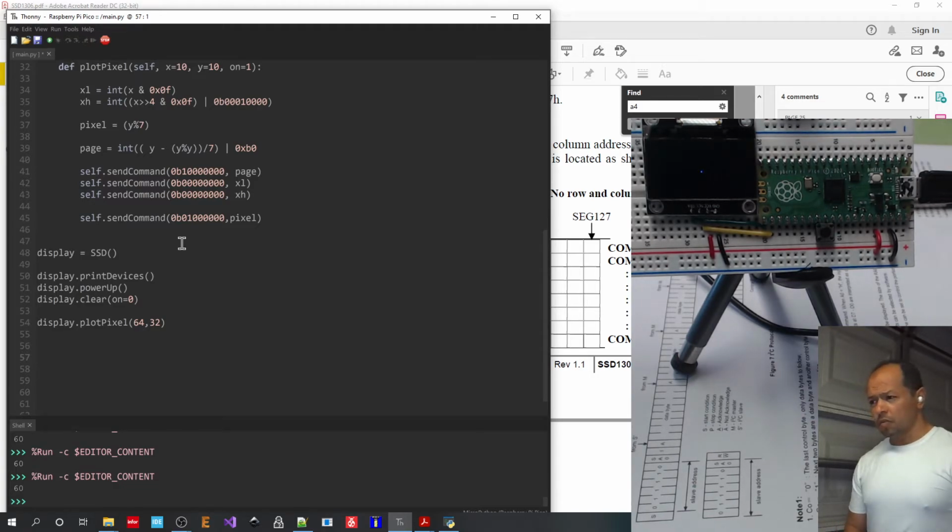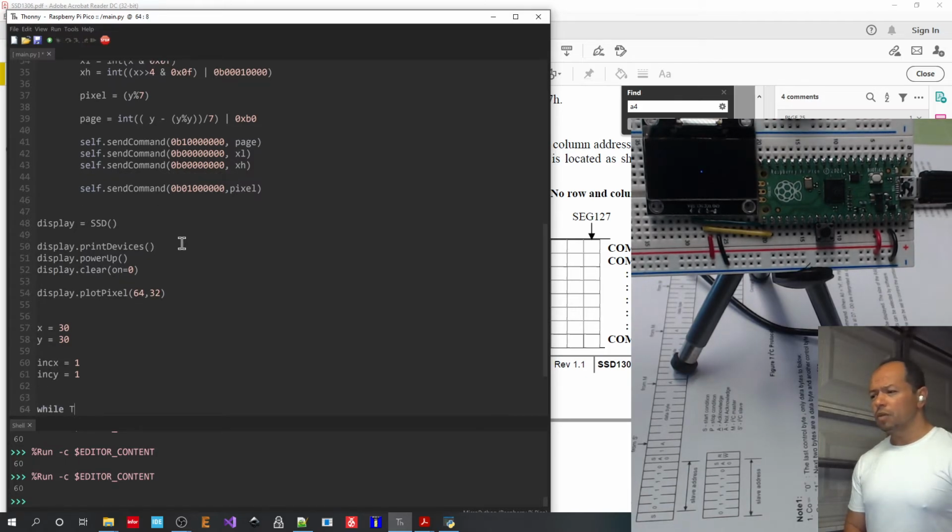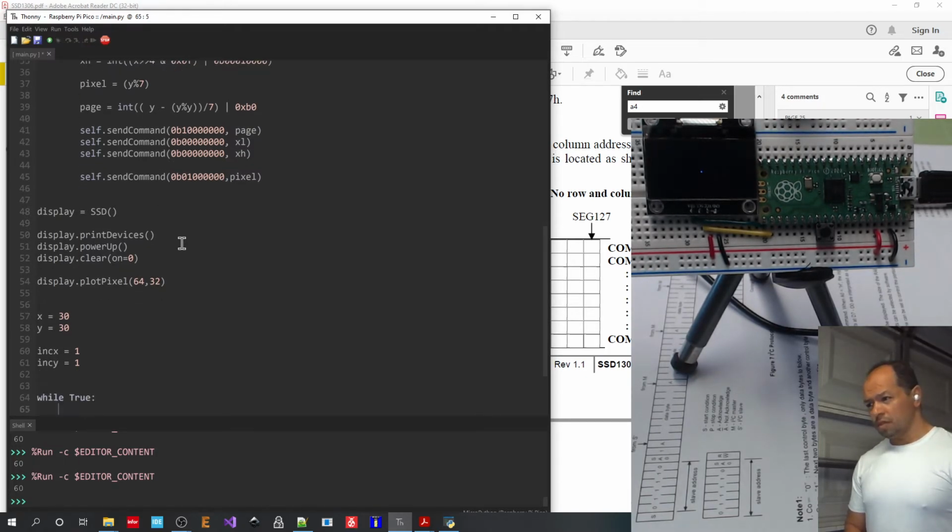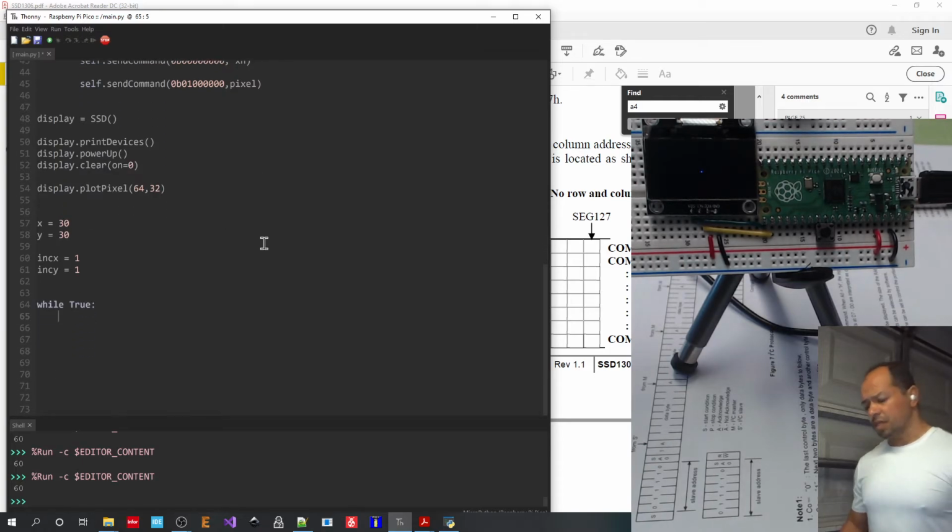programming many years ago. So I would just set X, let's say I put 30, Y equals 30 as well. And then we set increment X equals 1 and increment Y equals 1. We set a loop, true. And then here we can say X equals increment X and Y